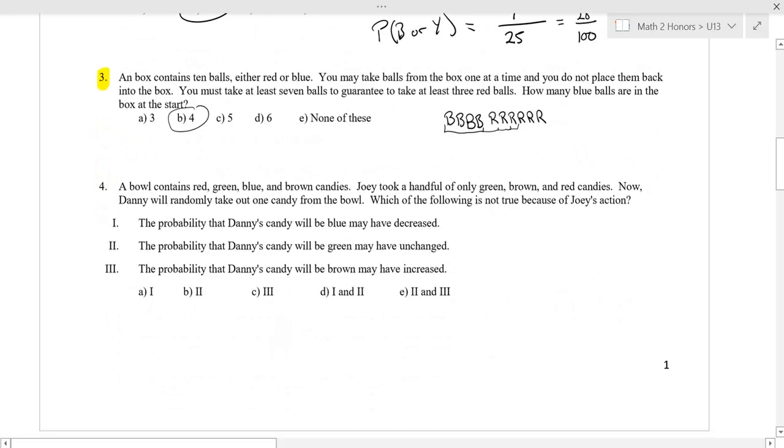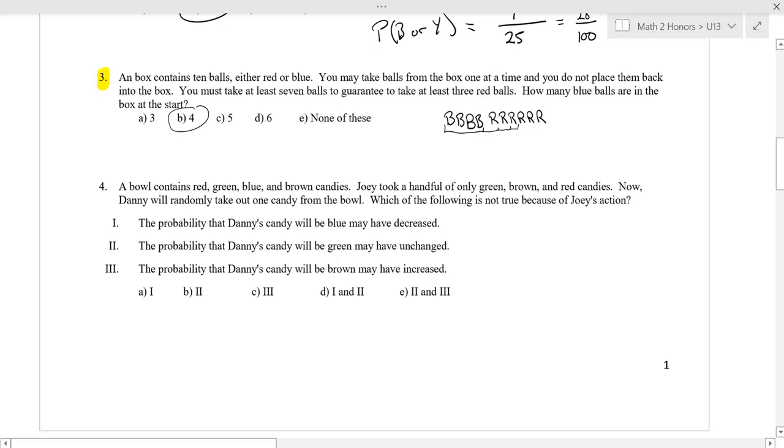Alright, let's skip now to number 4. A bowl contains red, green, blue, and brown candies. Joey took a handful of only green, brown, and red. Now Danny will randomly take out one candy from the bowl. Which of the following is not true because of Joey's action? And there are some possibilities here. So on this one, we just have to slowly go through it case by case and see what the deal